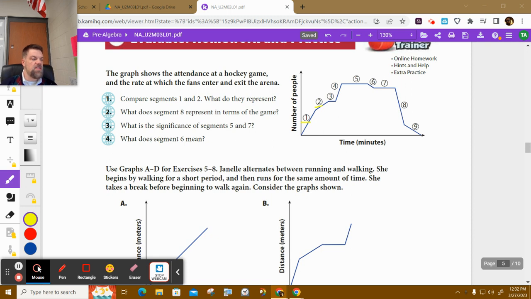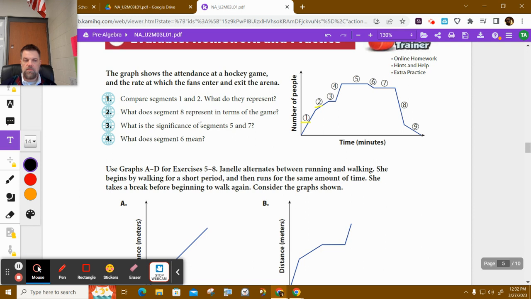So just briefly, let's talk about what does that mean. What does that mean, guys? Segments 1 and 2, what's going on there? It's showing the graph. The number of people and the amount of time. The number of,